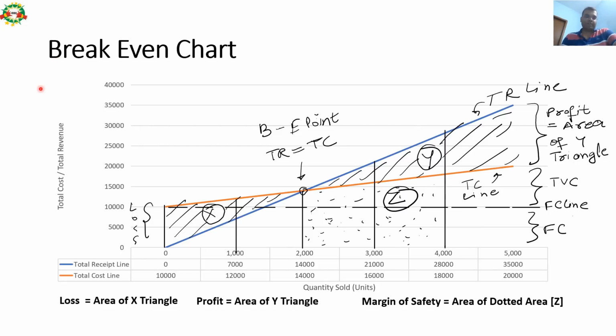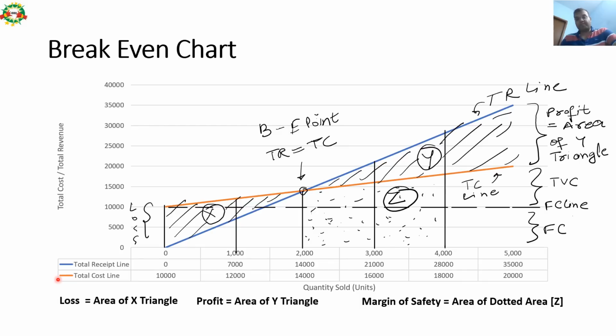Sometimes the examiner, instead of giving data, gives a table also, or sometimes the examiner may also give some graph in this form. So we should be able to understand how to calculate break even point, which is the TR line, how to calculate profit, right? So all these things we should be aware of. If you understand these three slides, you will be able to 100% score at least 1 mark out of break even, which is very much likely.